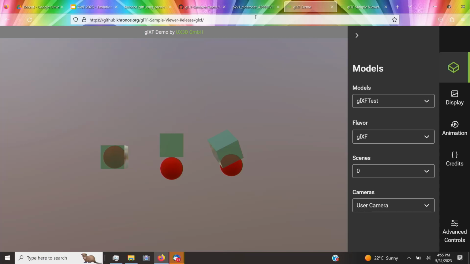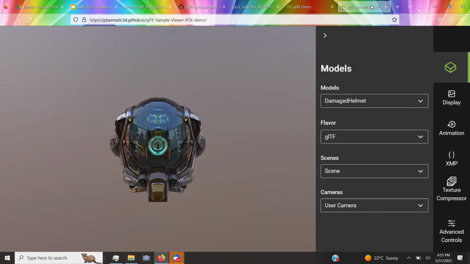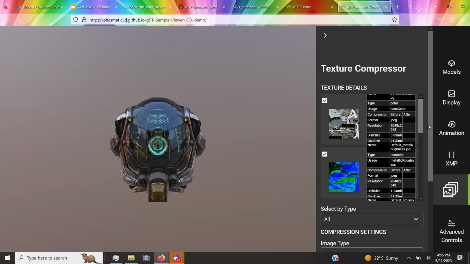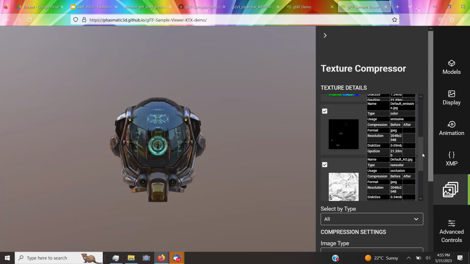And this is the sample viewer. Sorry, I was just describing this one. If you notice that both of these things look like the same interface, and that they are. This is built on the Khronos tool sample viewer. For this particular piece, they added this button here called texture compressions, which allows you to go through and adjust these particular textures. The other project, which we'll cover in just a moment, is also built on sample viewer, and